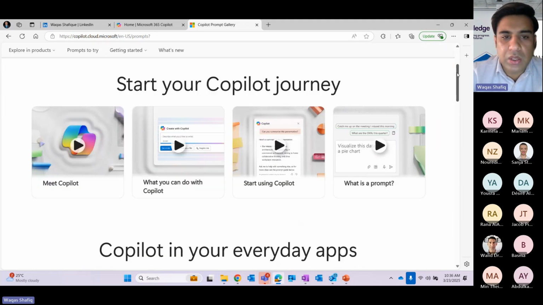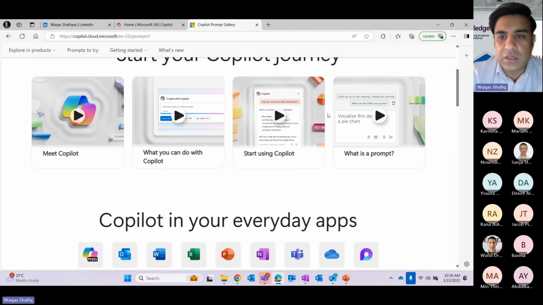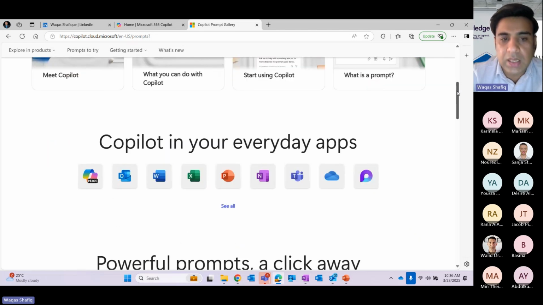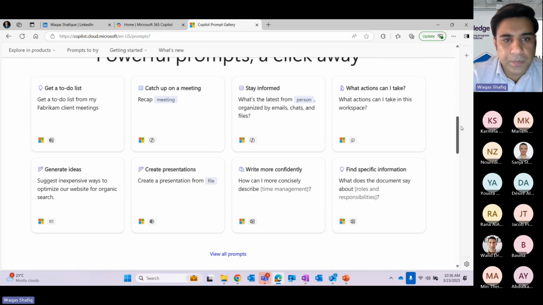If I scroll it down, you would be able to get a lot of videos. For example, what you can do with Copilot. This is a basic question from anyone using Microsoft Copilot right now. Start using Copilot. What is a prompt, etc. But my point here is because we were discussing prompts. So if you see here,